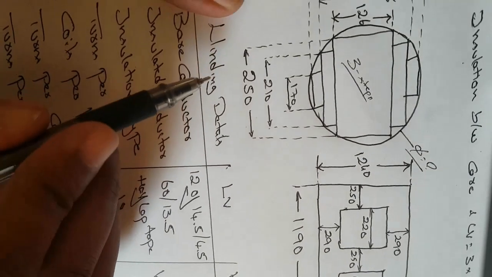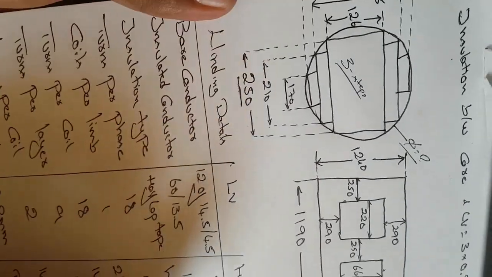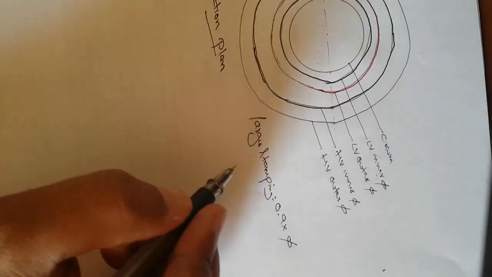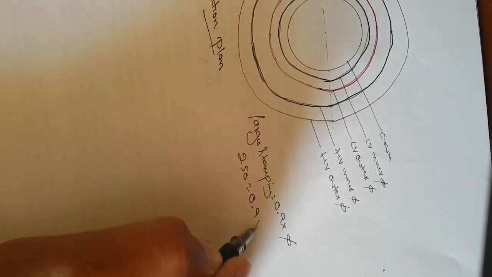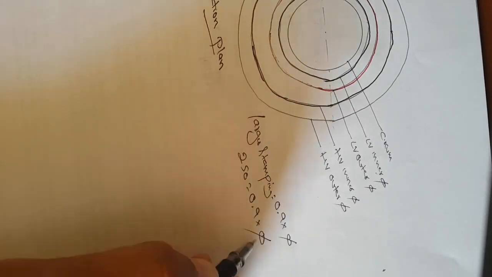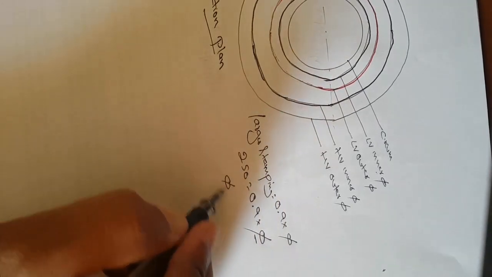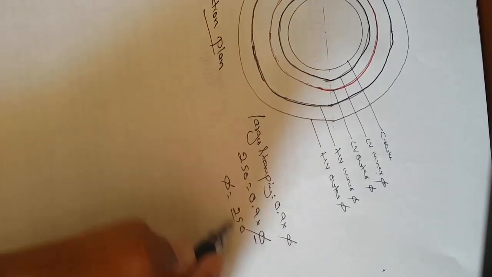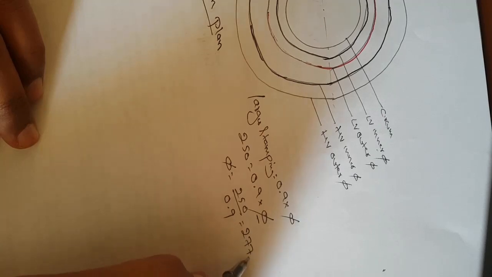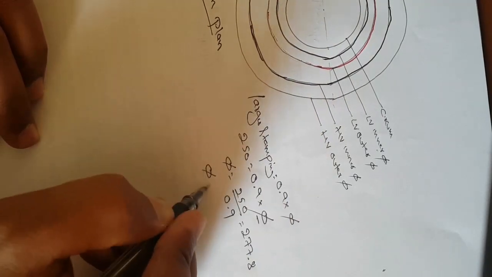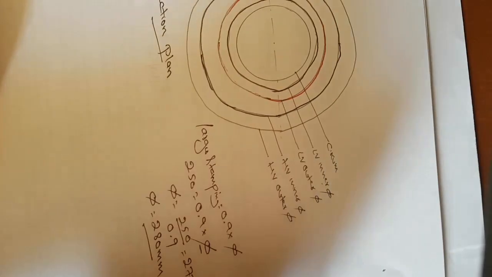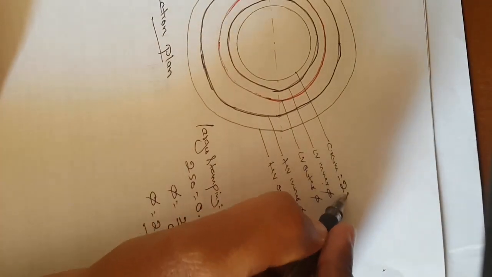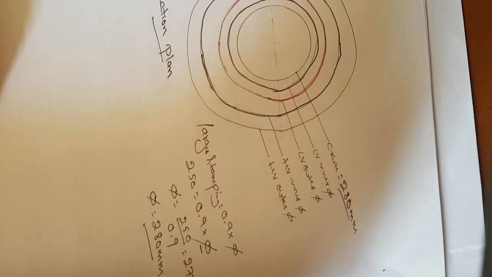So the largest stamping, with respect to horizontal, is 250; they have given the step size. So here the largest stamping is 250, equals 0.9 into the circumcircle dia. What I want to calculate is the circumcircle dia, so circumcircle dia equals 250 divided by 0.9, which is 277.8, so let me round it off to 280 mm. It means the circumcircle dia is equal to 280 mm. Now I have calculated this.